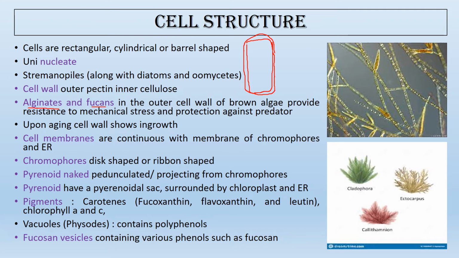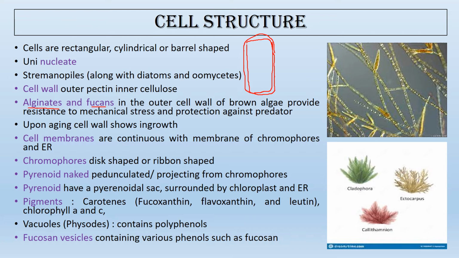Both alginate and fucan are sulfated polysaccharides. These sulfated polysaccharides help in protecting the brown alga Ectocarpus from desiccation. They not only protect the cell from desiccation, but also add toughness to the cell wall and protect it from the rough and choppy action of the waves. Alginates are actually the salts of alginic acid,